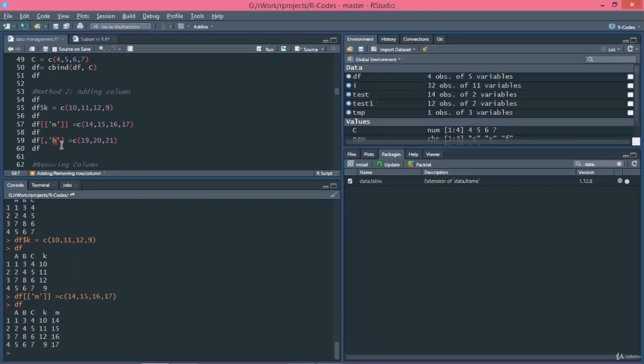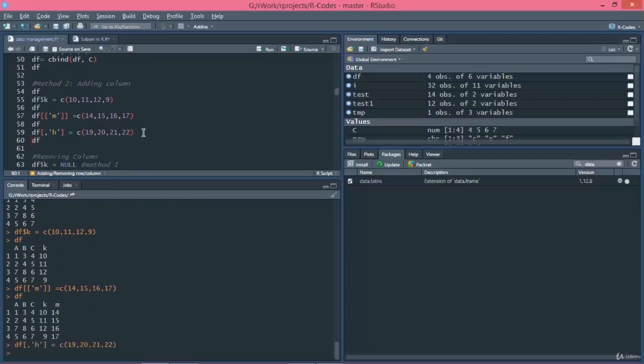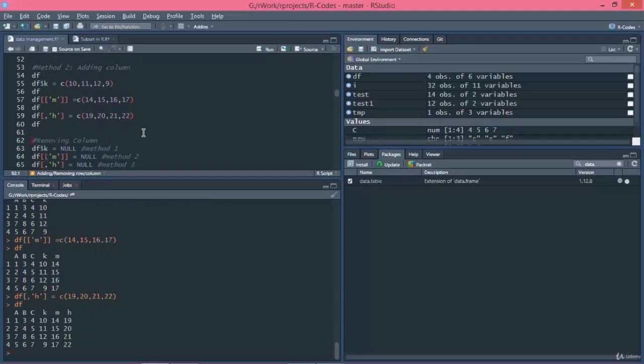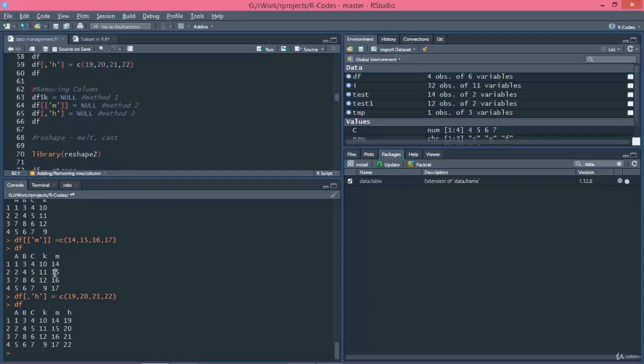After that there will be the name of the column within inverted commas, because it is a character that we are saving. So I'm saving it as h. So df square brackets comma h. In that I want to save these values 19, 20, 21, and 22. Let's execute this command and check the values of the data frame. So now there are 6 columns in our data frame that we created earlier with only 2 columns and 2 rows.